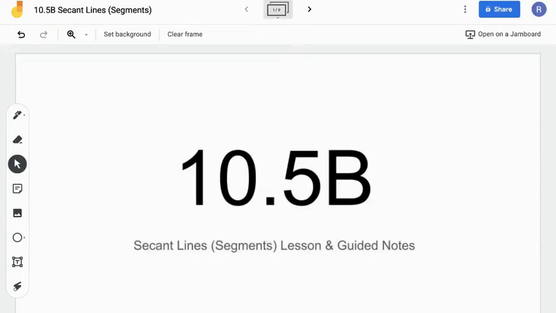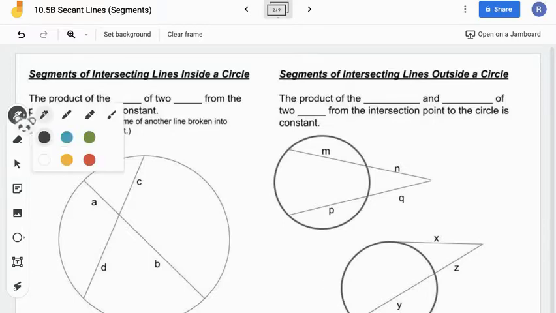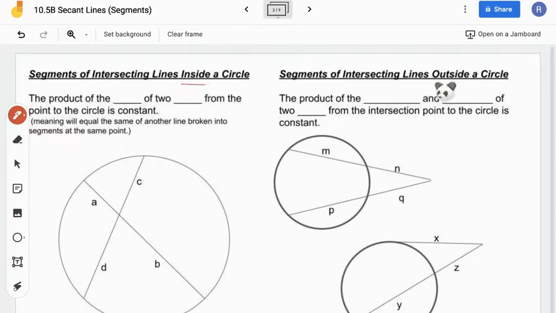Okay, the next section that we need to take a look at is this idea of secant lines in relation to segments. The last one was looking at angles, and this one now is taking a look at those segments. And so we're going to start by looking at a couple of different situations that could happen. What could happen is segments could intersect inside a circle. They also could intersect outside of a circle. And so we're going to look at these two different situations, and then we'll go ahead and look at some